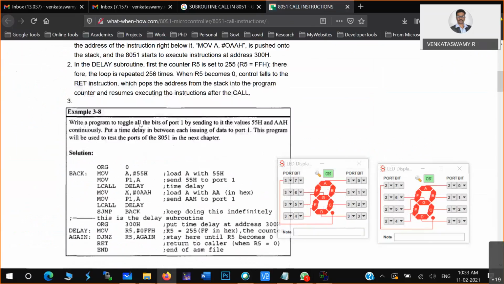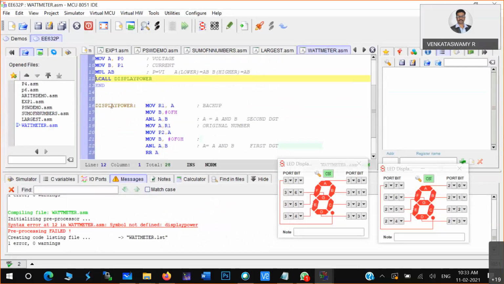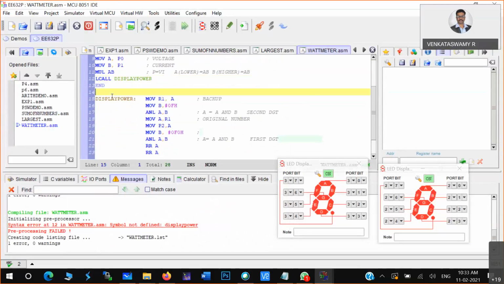So lcall followed by that label, here you need to define somewhere. So I had defined it with a colon, correct. Why is this saying that symbol not defined?